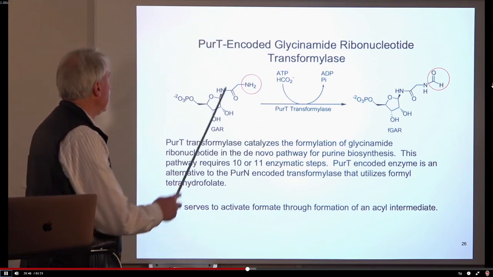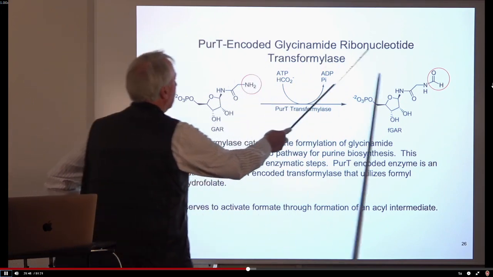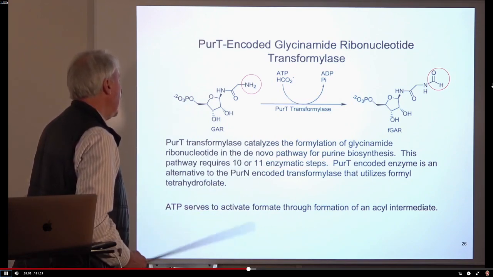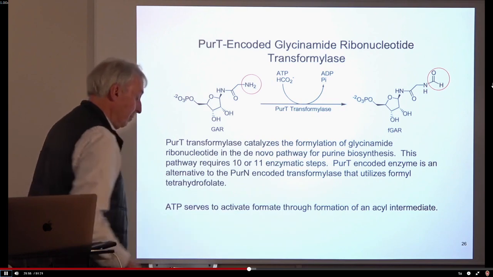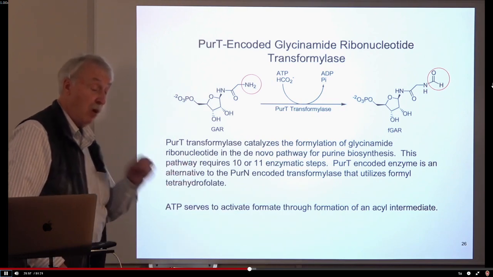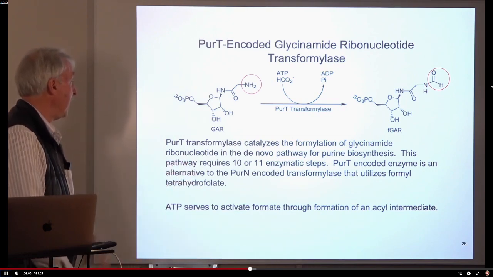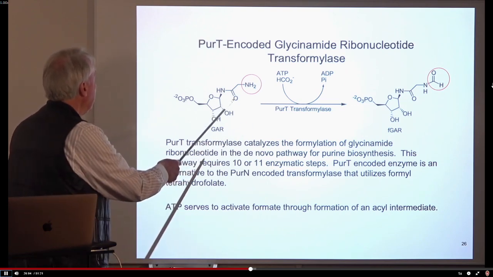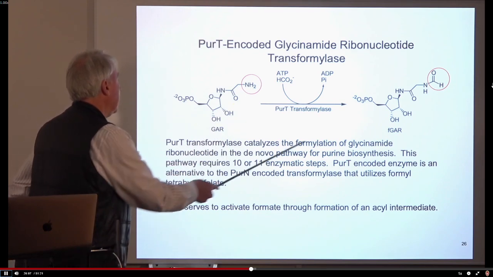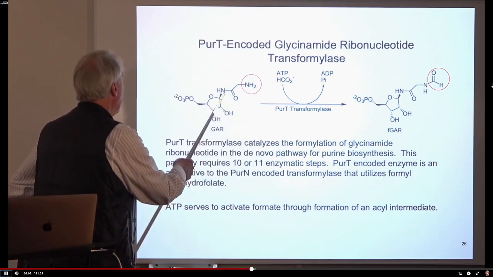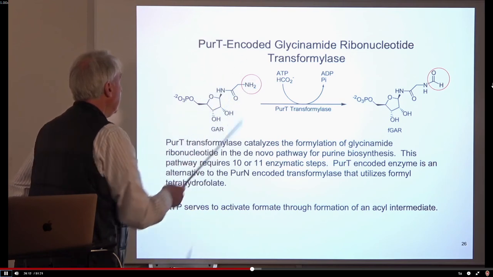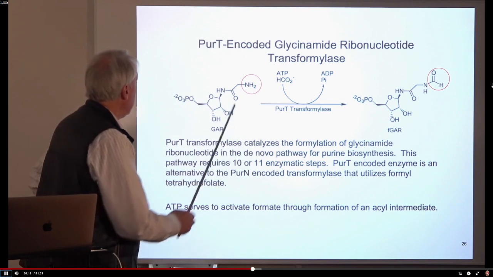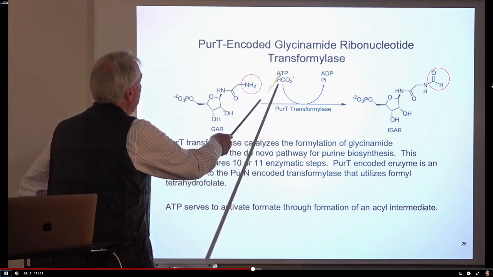And this is the PurT-encoded glycinamide ribonucleotide transformylase, and it's important for purine biosynthesis. The purine biosynthetic pathway is complex. It consists of 10 to 11 enzymatic steps. But one of the important steps is the activation of this glycinamide ribonucleotide. And what we're going to do then is build up the purine ring. In other words, we're going to have to add carbon atoms, and that's a tricky thing to do. And the first step is to activate